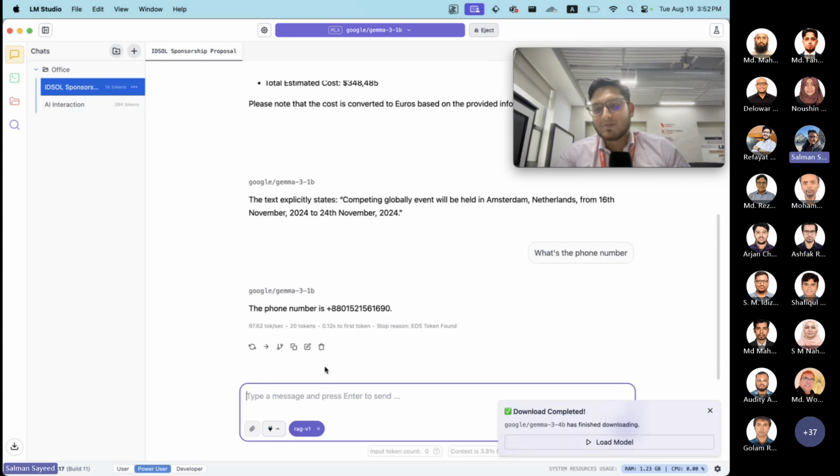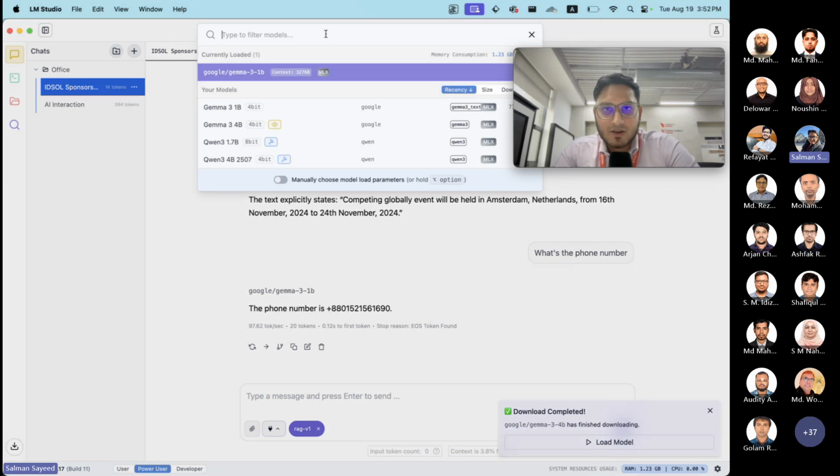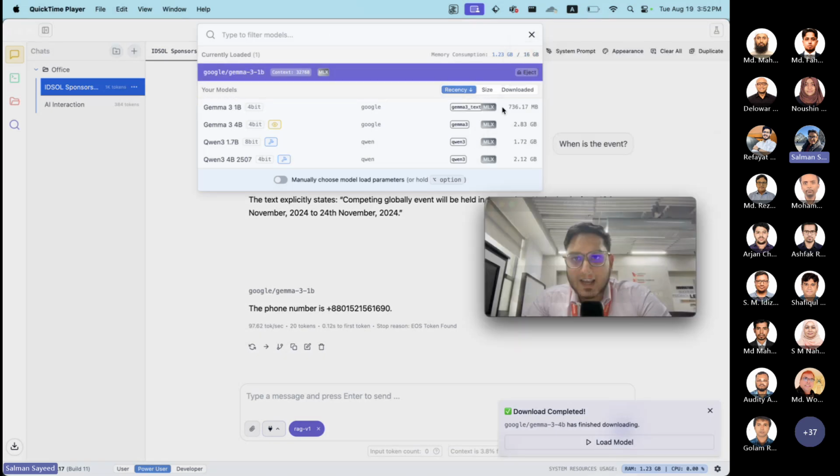So এগুলোই হচ্ছে মোটামুটি আমাদের ফিচার। আর আরো কিছু যদি দেখতে চান, এখানে কতটুকু র্যাম আমার ইউজ হচ্ছে সেটা আমি দেখতে পারবো। আর যখন আমি কোনো একটা মডেল লোড করি, লোড করার সময় এই মডেলের সাইজটা লেখা থাকে, যেমন এটা 736 মেগাবাইট, তার মানে এটা আমার র্যামে 736 মেগাবাইট খাবে।